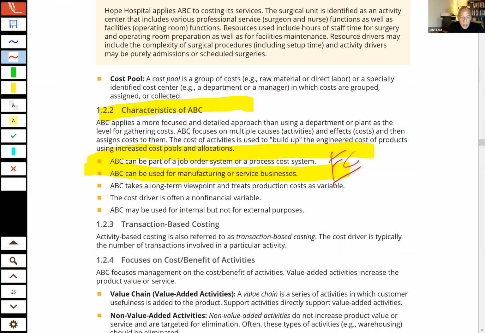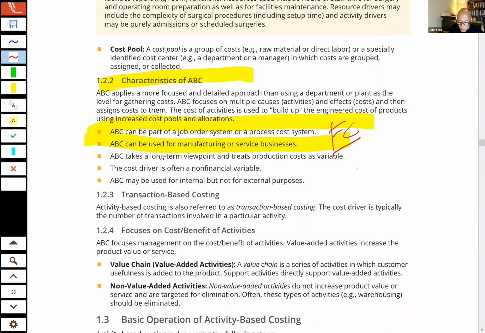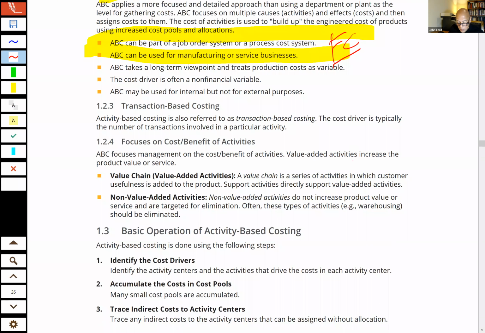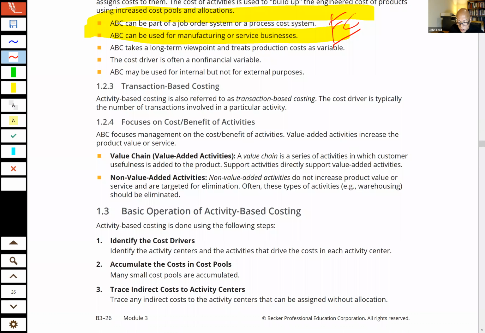The school wants them to have an accounting class, so I teach them about activity-based costing using the context of a hospital. Here are all the different services the hospital provides, and here's how we can come up with different overhead rates depending on how that particular part of the hospital uses the various activities. I'm going to show you here how they do it in the context of manufacturing. Anyway, probably more information than this flashcard is worth, but it could be used for both a manufacturer or a service business.